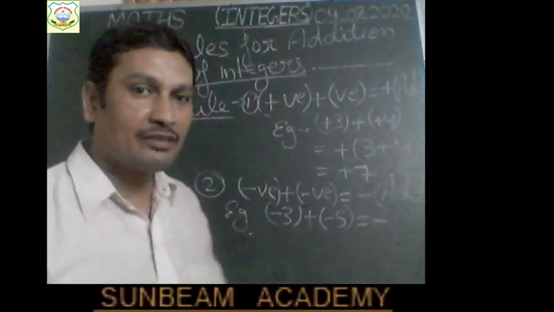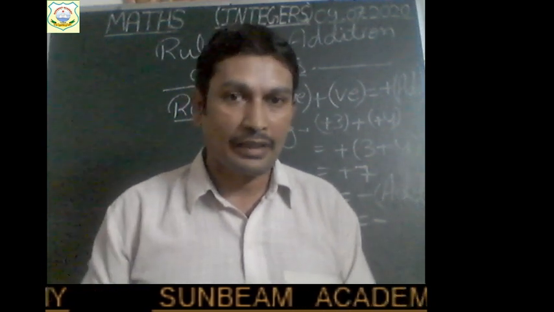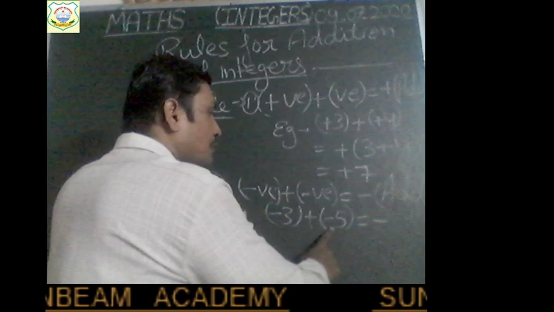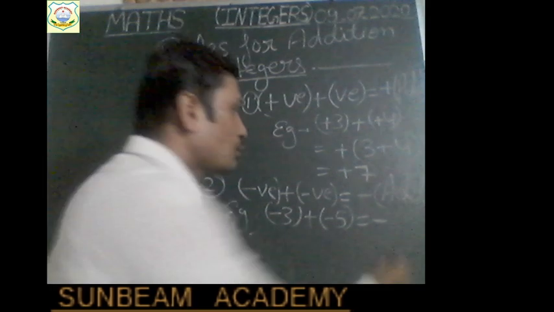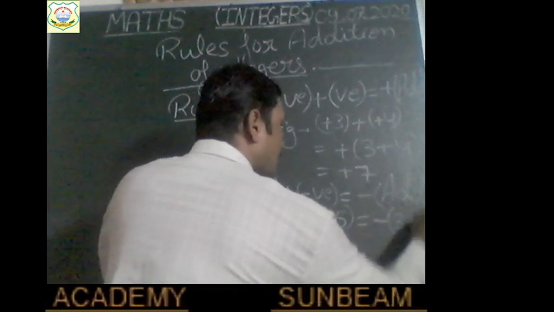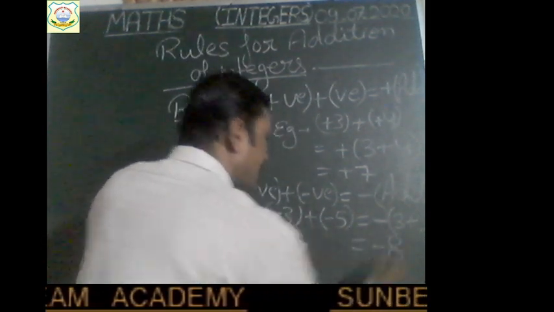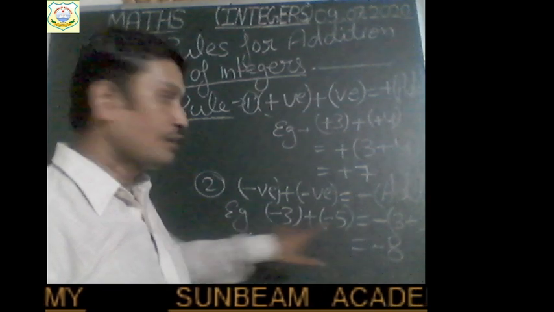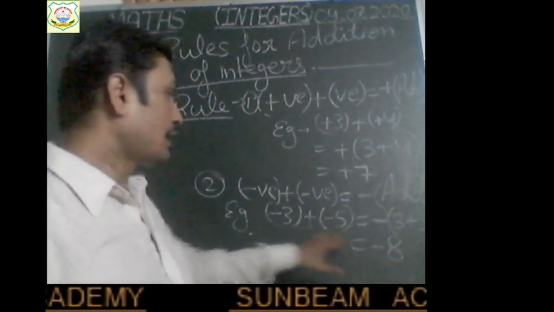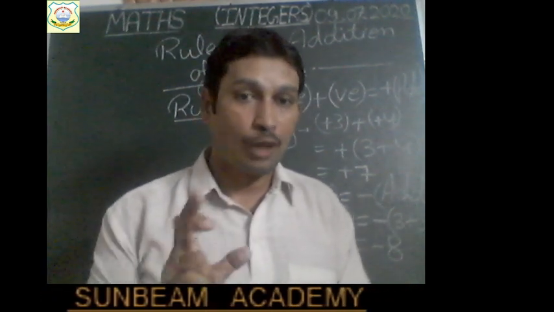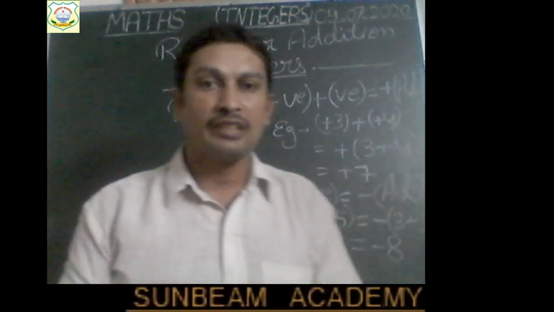So negative and negative, when they are added, their negativity will increase. They will not become positive. Am I right? So minus added with minus, the result will be minus only, but the negativity will increase. So you will add 3 plus 5. You add both the numbers regardless of their sign and you will get -8. So you can say loss of 3 rupees and loss of 5 rupees. Loss means negative sign. For loss we use a negative sign. Am I right? So then you will have a loss of 8 rupees. It is a loss, so you will put a minus sign and 8. That is the sum of 3 and 5.